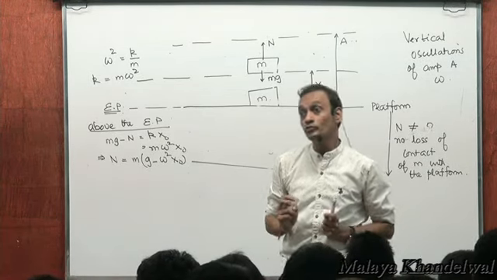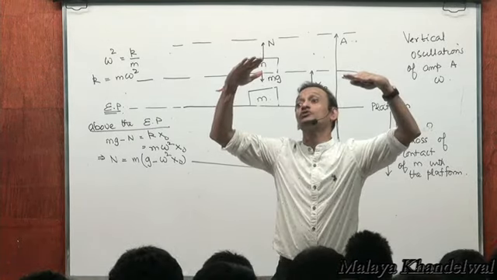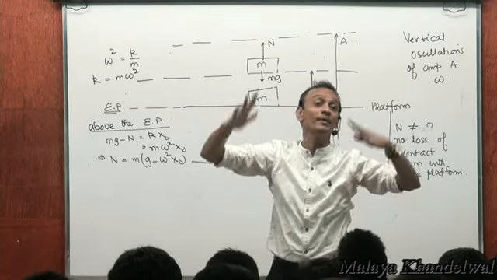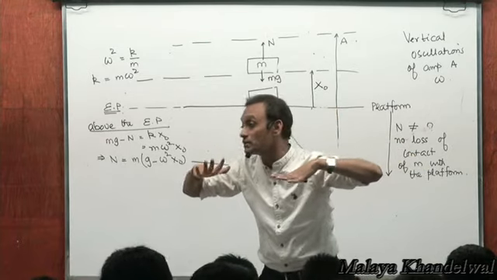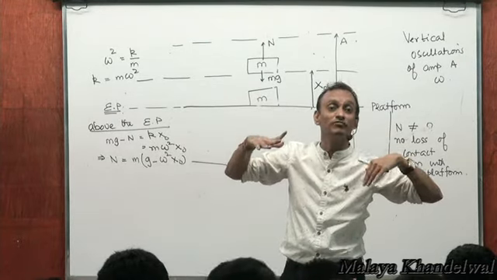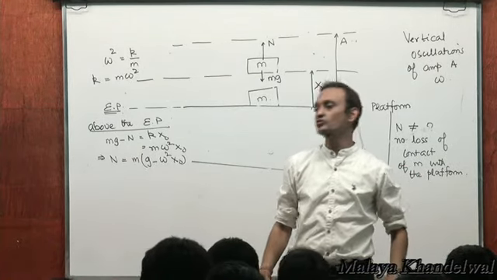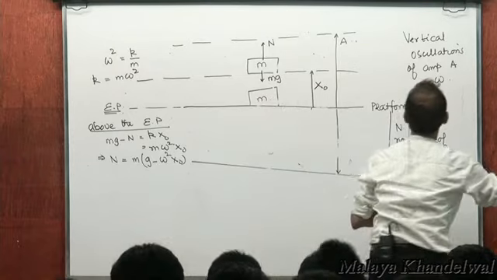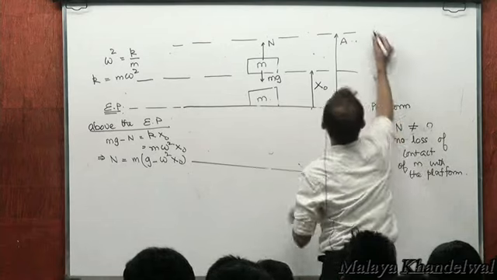Therefore, you must be careful about what the particle is doing above the mean position, how far it's going, what the amplitude is, what the omega is. That has to be investigated in light of stability of the particle on the platform, or sticking on the platform at all times. While below the mean position, you can close your eyes. While above the mean position, to maintain contact,